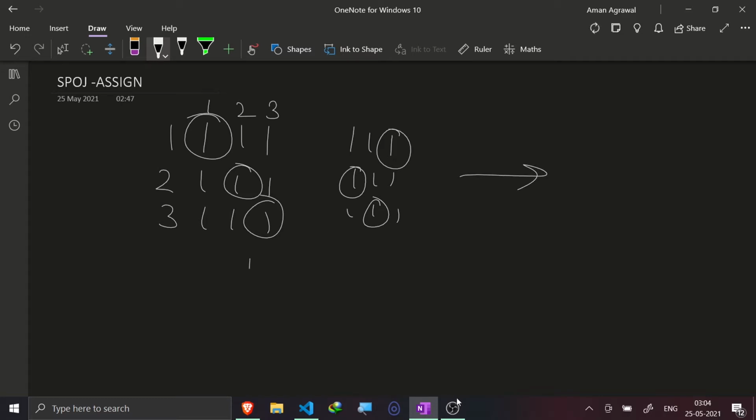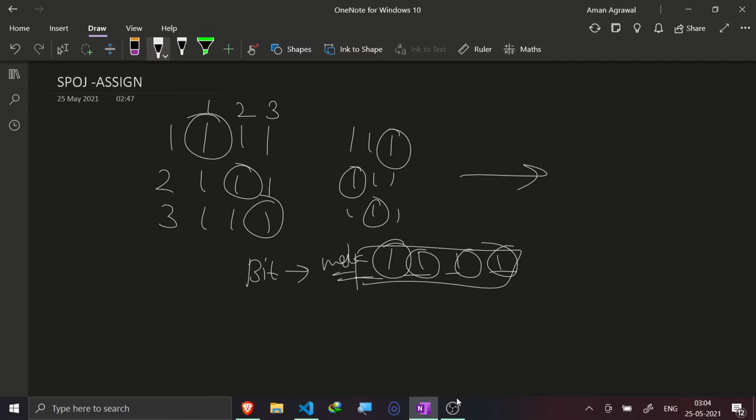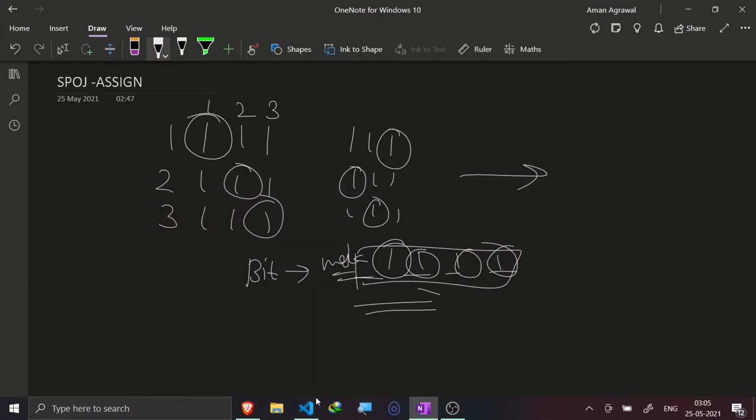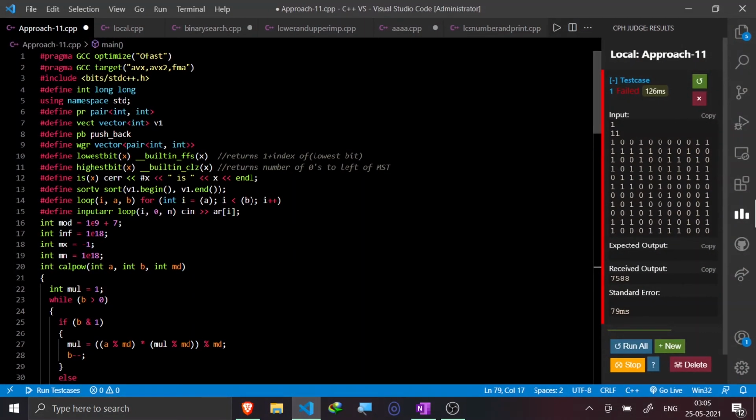So what bit masking says is that the number of bits set in this mask number is what could result in my answer. As those bits are set, it means that these tasks have not been used before, and hence they can be given further to any people. That is the only logic I am using here. If you are solving this question, you must have studied DP with bit masking before, so I'm assuming that you have done that. Let's start the solution by code.